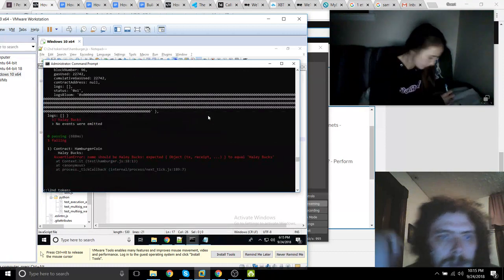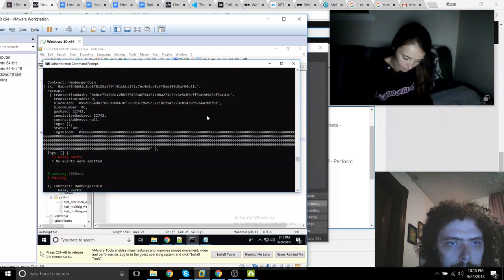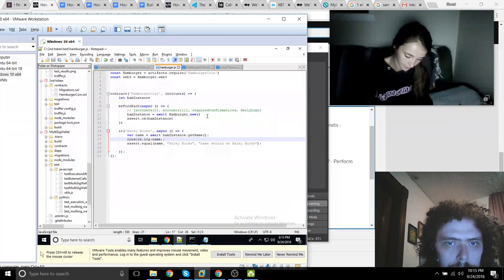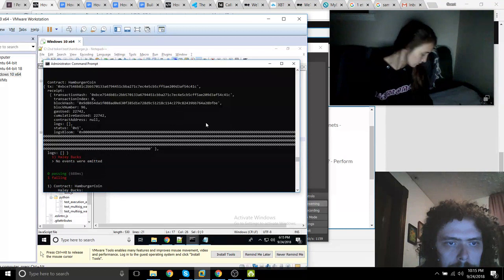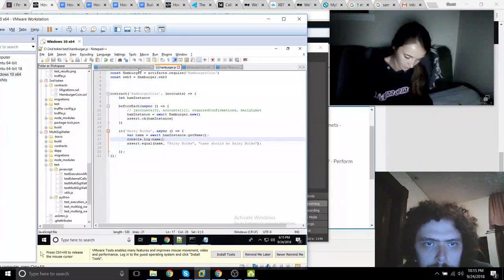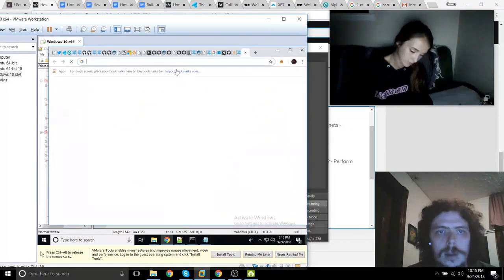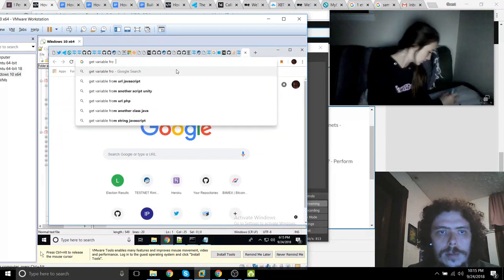Aha! So it did something here. Why is it doing a transaction? That makes no sense. I don't understand why it's doing a transaction. The get name function should just give us the result. It shouldn't be doing any logic. Okay. Get variable from Solidity.